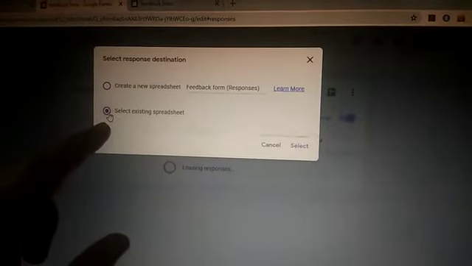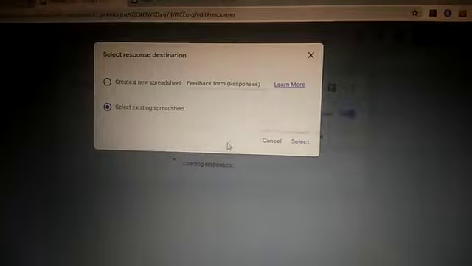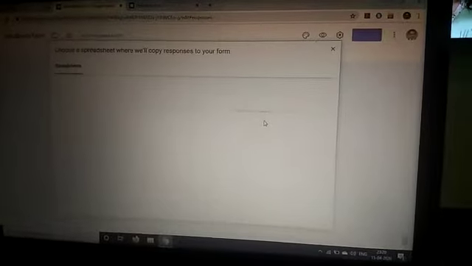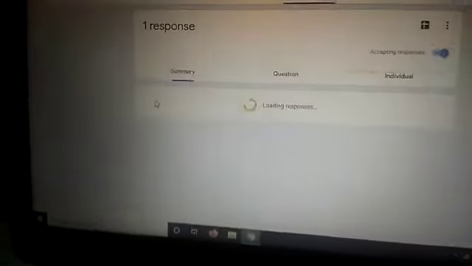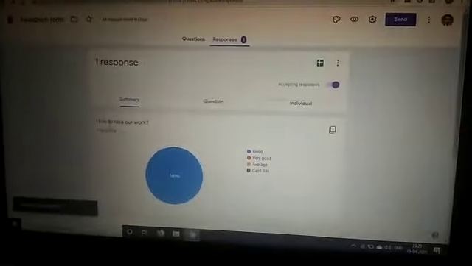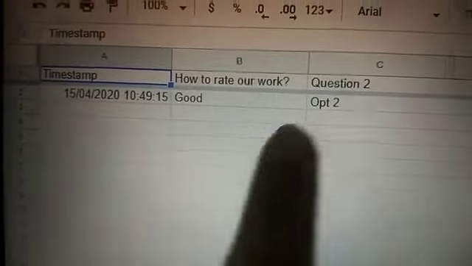I will just click on this select existing spreadsheet and select. This Excel sheet will be downloaded and you can see one response over here.